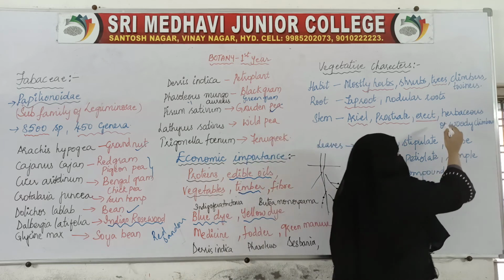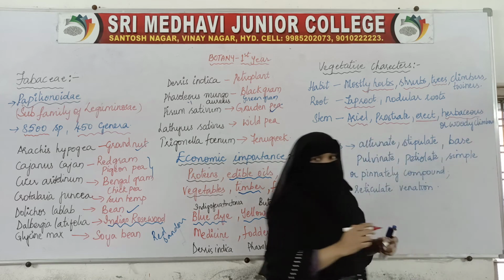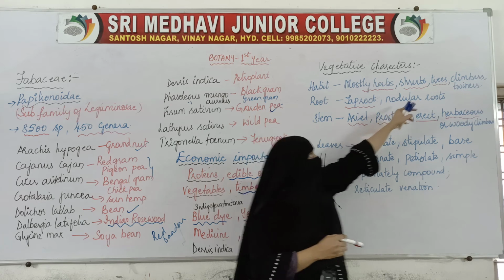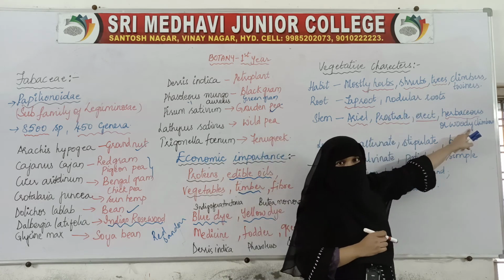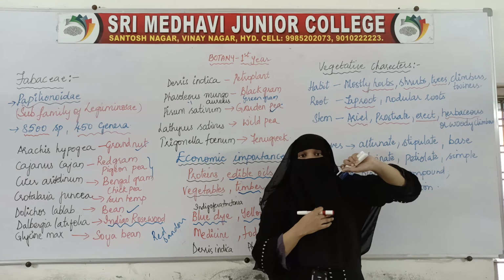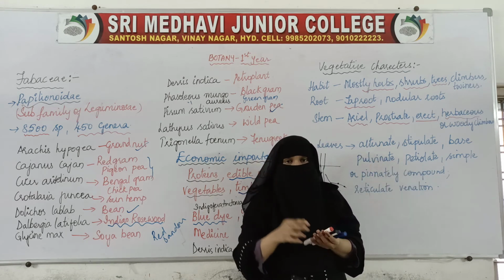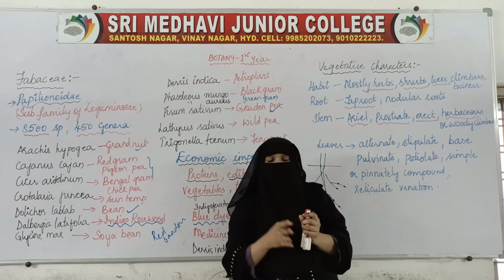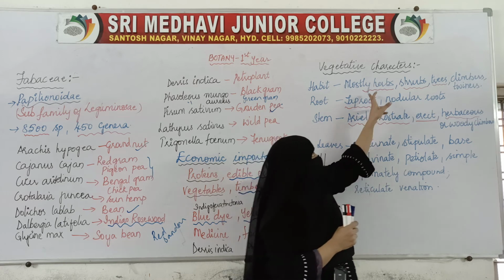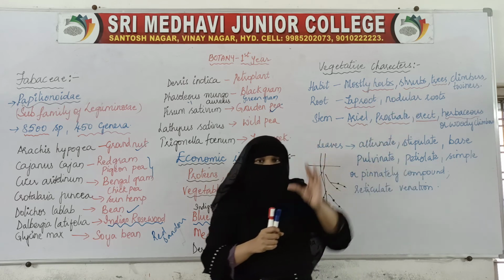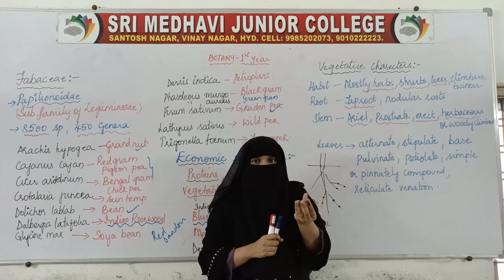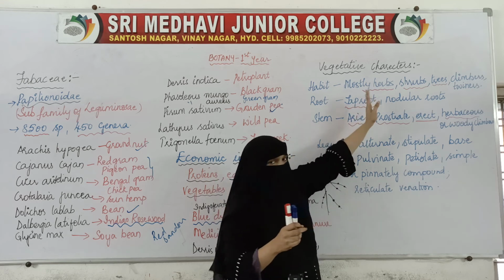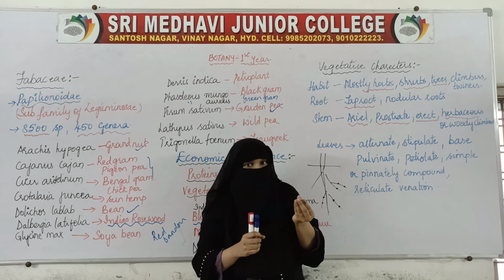And here the stem will be herbaceous, or in some plants it will be woody. In these trees, the stem will be woody, and herbaceous means a green stem will be there. In woody stems, the stem will be brown. Okay, as most of them are herbs and shrubs, the proper stem, that is the high, long stem, won't be there. So a smaller stem with branches will be there. So green stems will be seen.